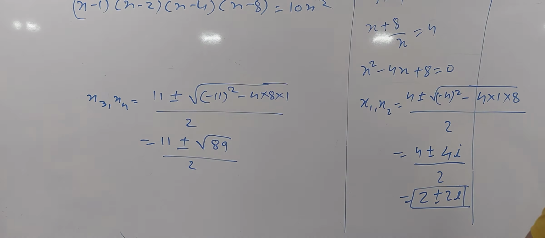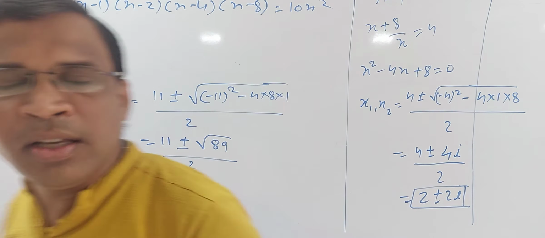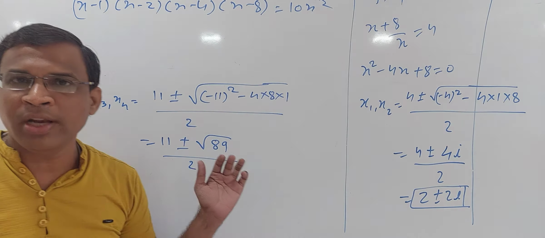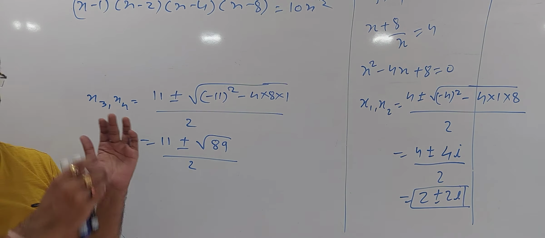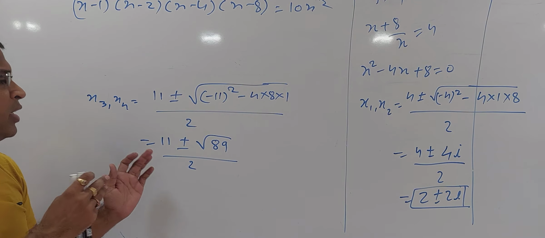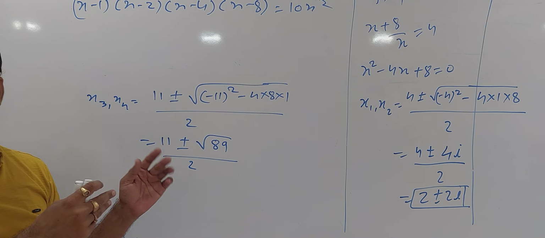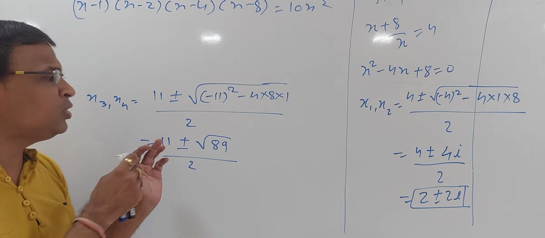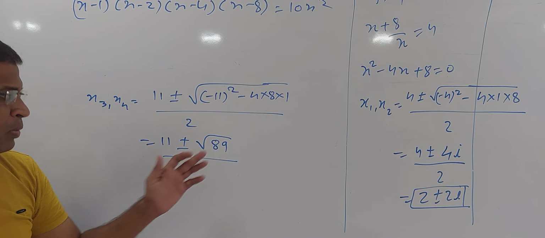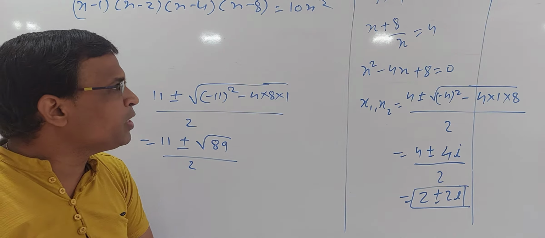This is a very good question. We can expect it again if it comes in the exam. It is not necessary that they will ask you to solve it for x. They can ask you how many real solutions. So accordingly you can say that there are two real solutions, and to be precise, both the real solutions are positive. Both the roots are positive, even though they are irrational. Hope this is fine. Thank you.